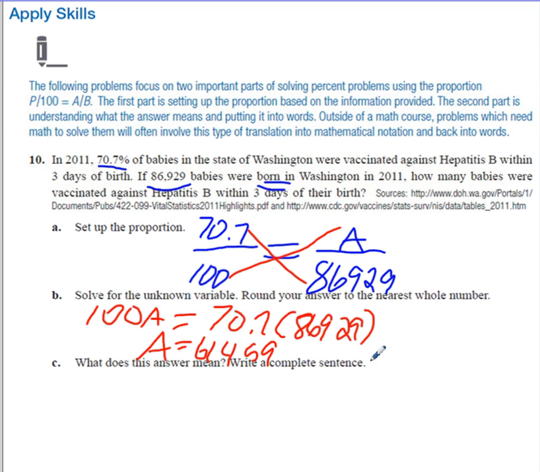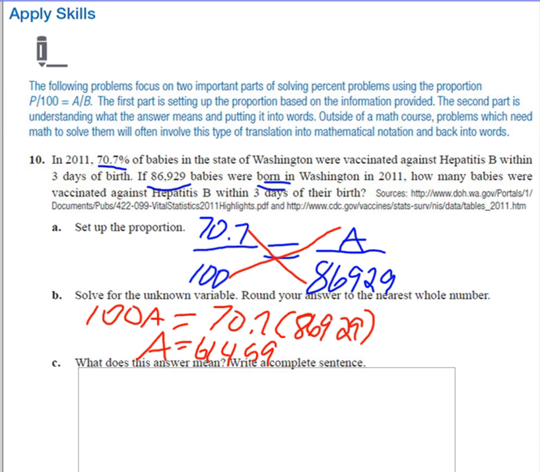Now, even if it didn't tell you to round to the nearest whole number, again, this math is in a context, and our context is babies. When we're talking about babies, we're talking about whole numbers. You wouldn't say that I have 3.2 babies in the hospital. So that's why rounding makes sense in this story problem. And so that's why they're having us go that one step further and put it back into the context of what's going on in the story problem by